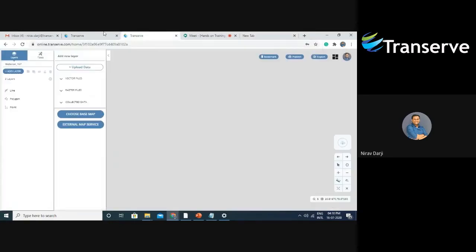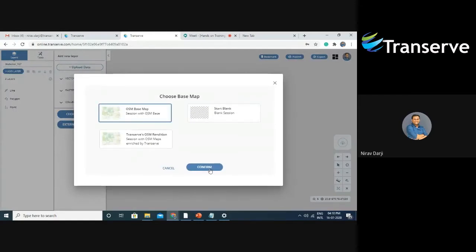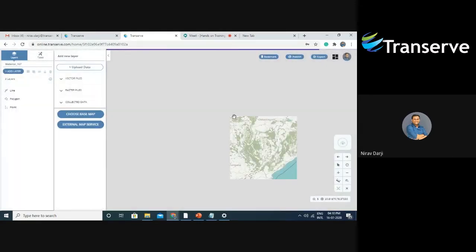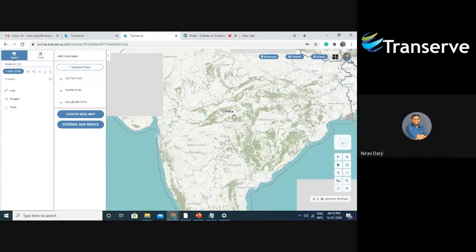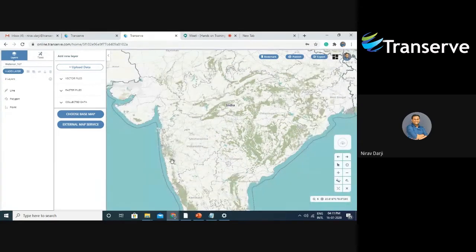Now let me add some. So here I have done 3 things. I have added all 3 vector layers. I have also added a base map, which is OpenStreet.